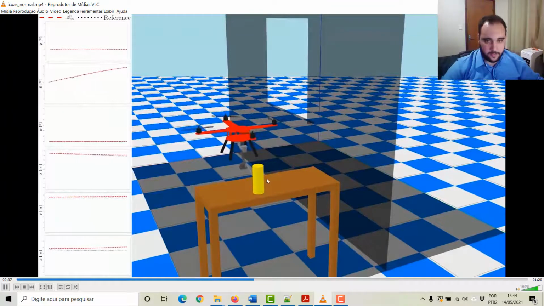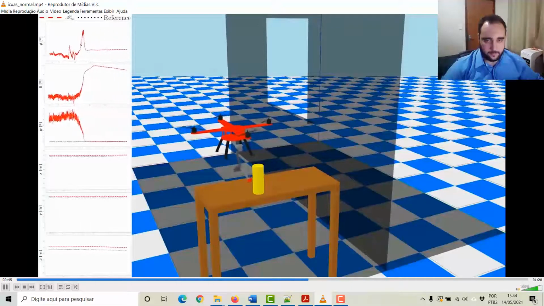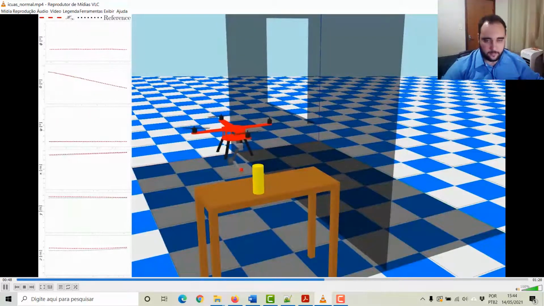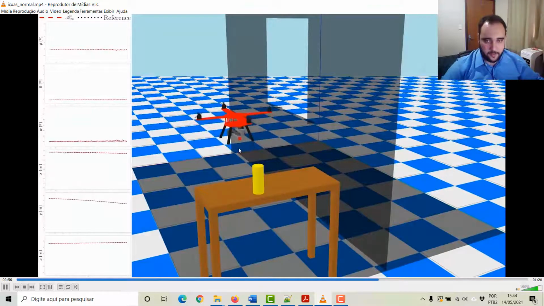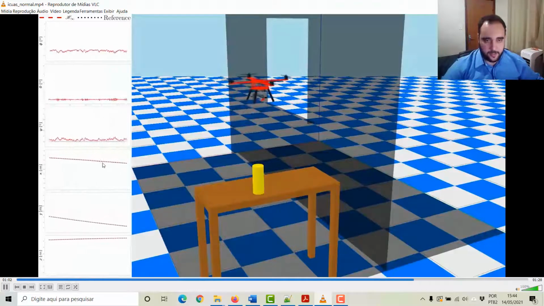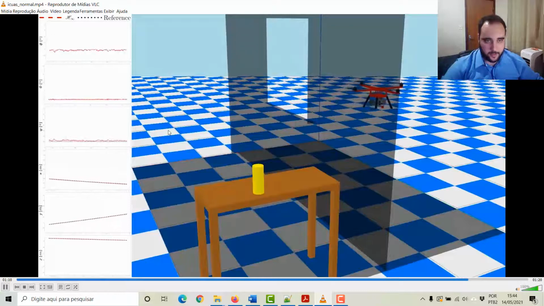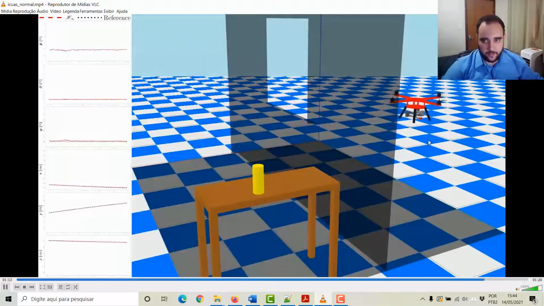It will then hover for a few seconds and retract the arm. And then it will proceed to do the reverse trajectory, passing through the opening again, and return to the starting position. During these steps, the system is under the effects of the applied external disturbances, and we see that it is still able to track the desired reference trajectory without problems. And finally, the system will land, finishing the experiment.